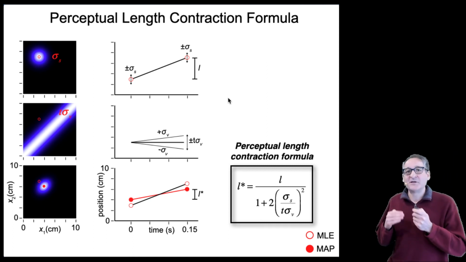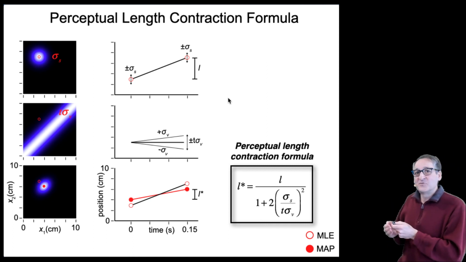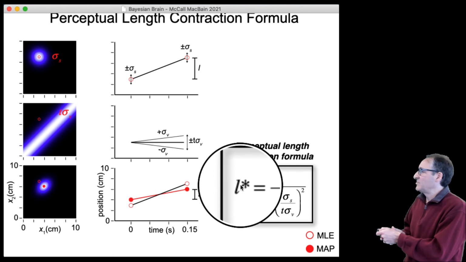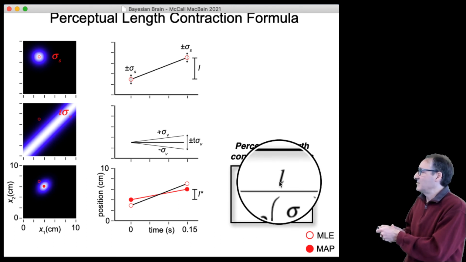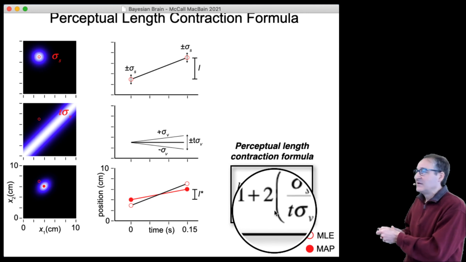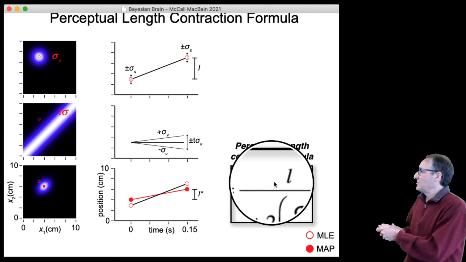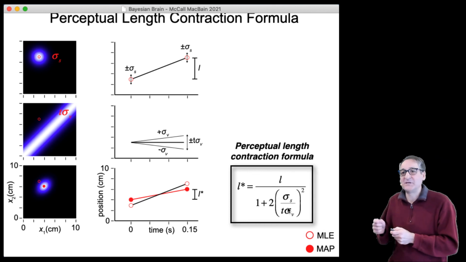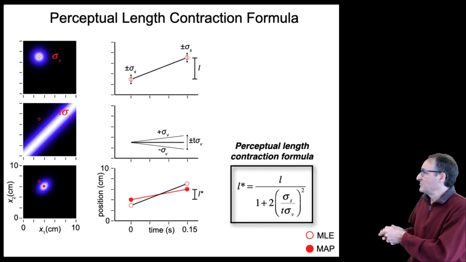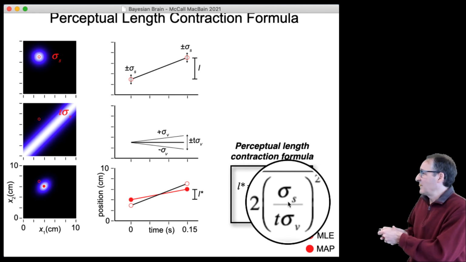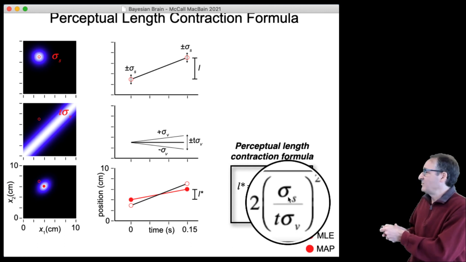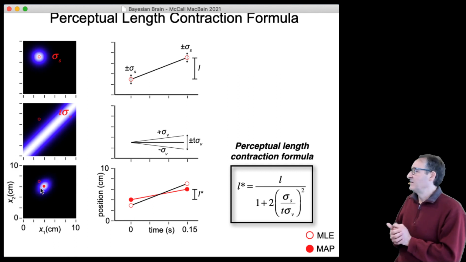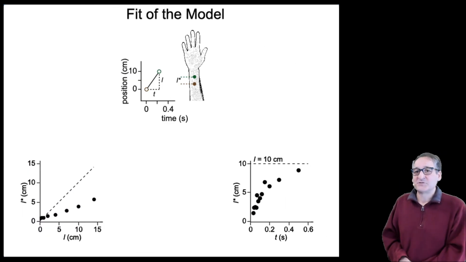So it turns out, because this is all done with mathematical formulas, we can derive an actual formula that tells us in our model what the perceived distance between two taps should be, L star, as a function of the true distance, L, and the time between them, T. And L star depends only on L and T, and on the sigma S, which is the spatial uncertainty, and the sigma V, the low speed expectation of the prior. So you can see here the likelihood with sigma S and the prior with sigma V, together with the time and the length between the two taps, tells us exactly where the MAP estimate is going to be, the distance between these two taps. And so then we can apply that formula that we call the perceptual length contraction formula, and